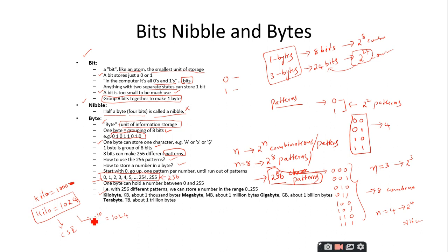Right. So what does this 2 power 10 mean? This 10 represents the number of bits. So 2 power 10 means 1024. Never ever assume that the kilo in the CSC world is 1000. You always assume that the kilo in the CSC world is 1024 only.